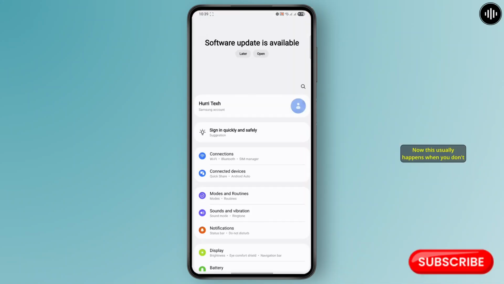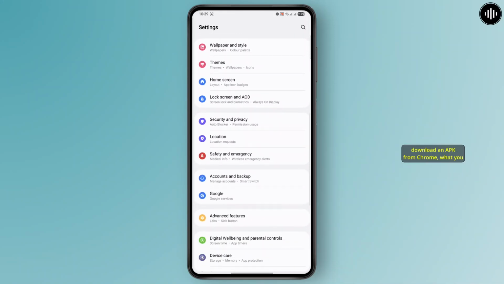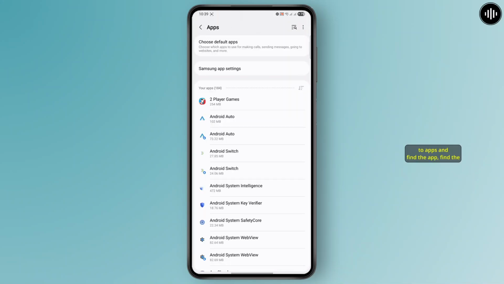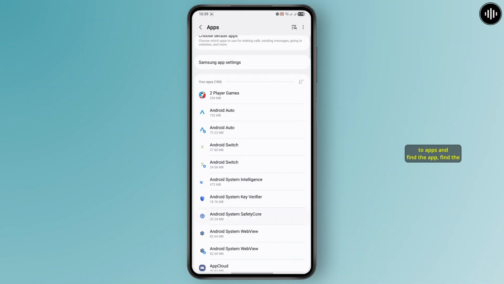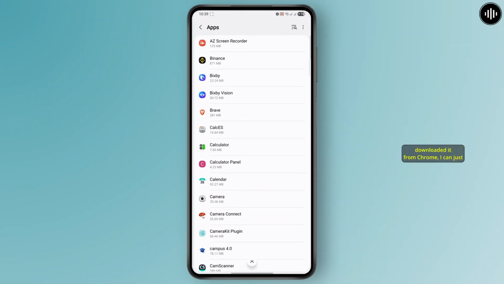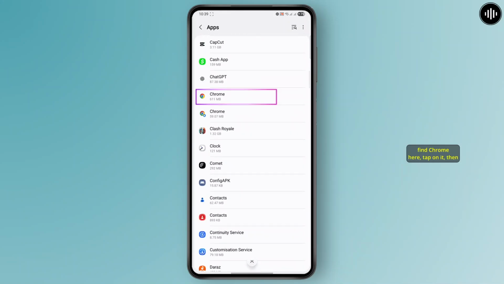Now this usually happens when you don't download apps from the Play Store, but download them via other APK files. For example, if I download an APK from Chrome, what you need to do is go over to apps and find the source where you have downloaded it from. For example, if I downloaded it from Chrome, I can just find Chrome here, tap on it,